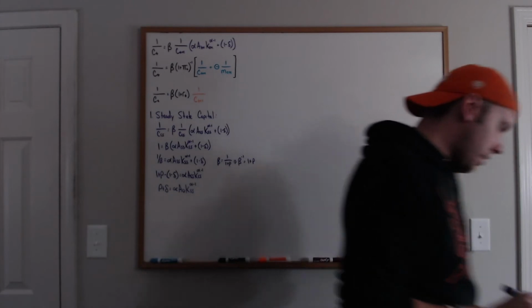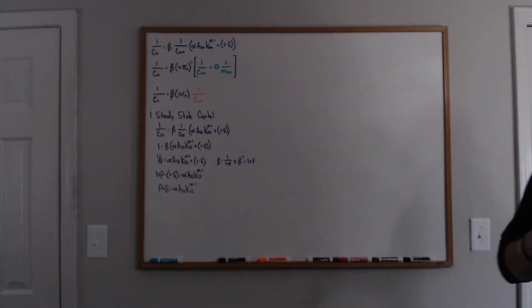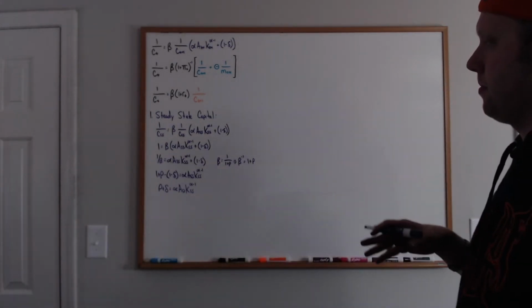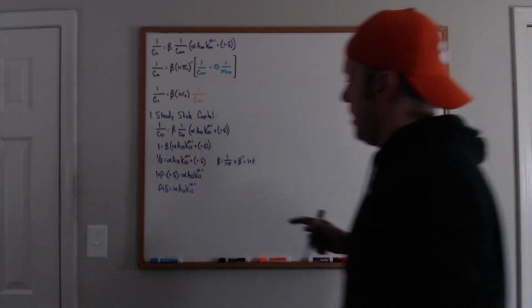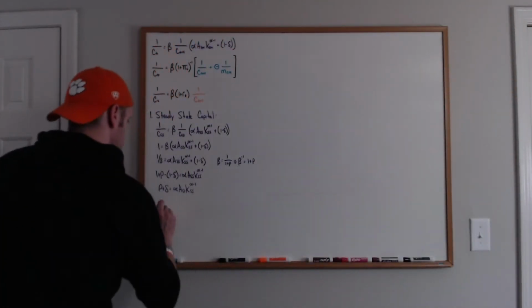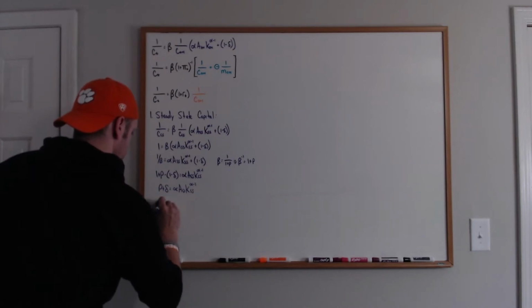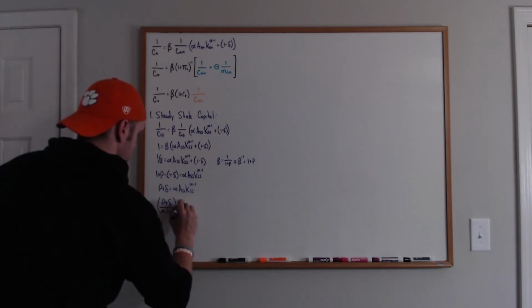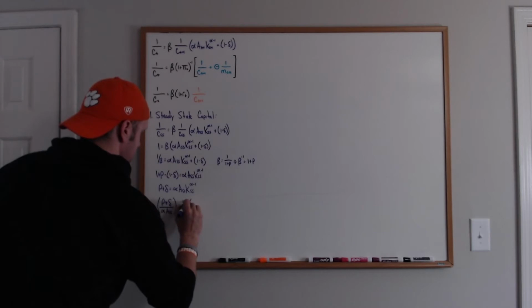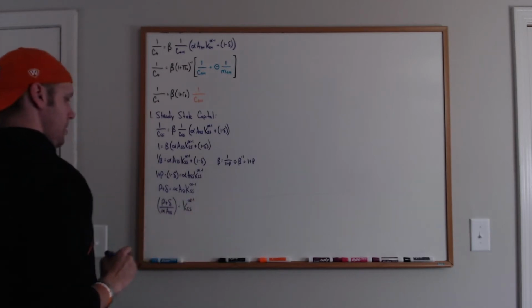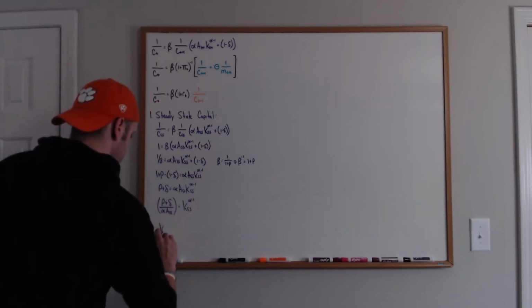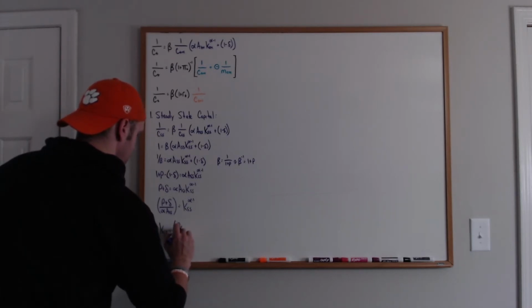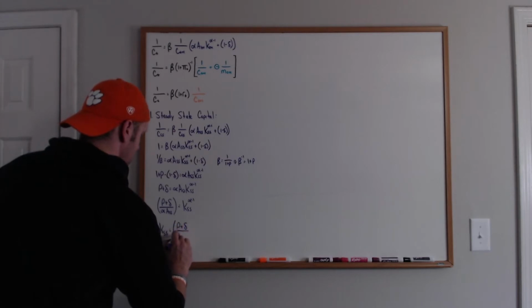Rho plus delta equals my just straight marginal product of capital. Divide both sides by alpha times A. Which then just gives me steady state capital being equal to rho plus delta